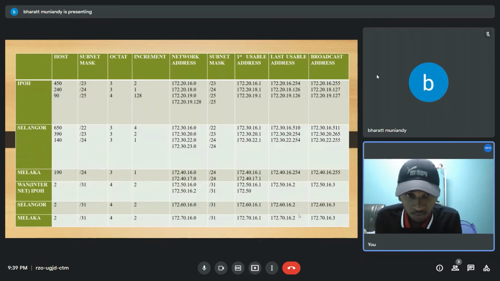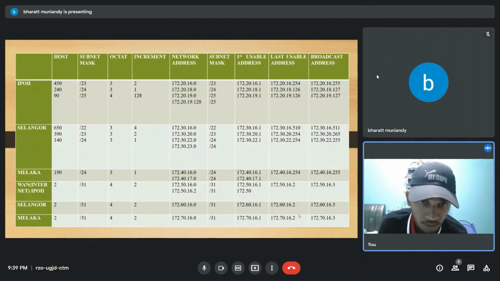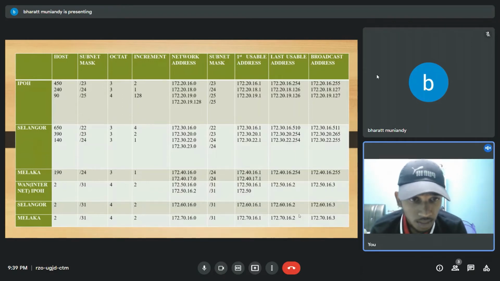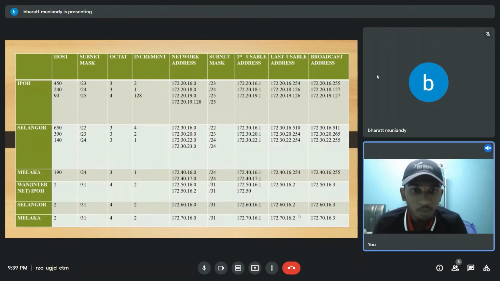Okay, for the Selangor, the host is 2, the subnet mask will be /31, octal for the increment is 2. So the network address will be 172.60.16.0. Okay, the subnet mask will remain the same, and the first usable address, as usual, we should plus 1 from the network address, which is 172.60.16.1, and the broadcast address will be 172.60.16.3,